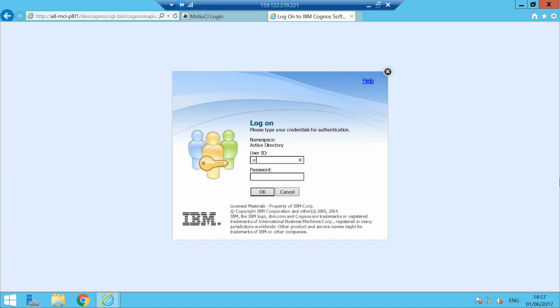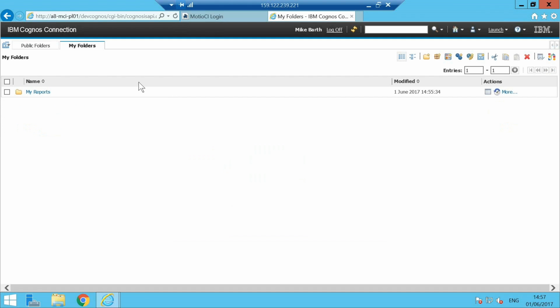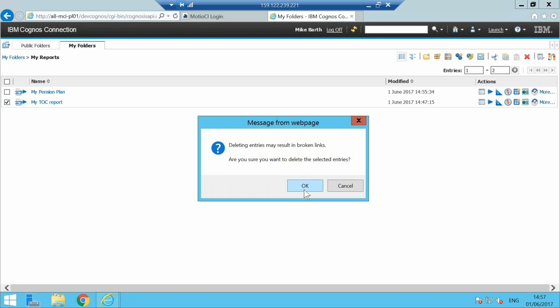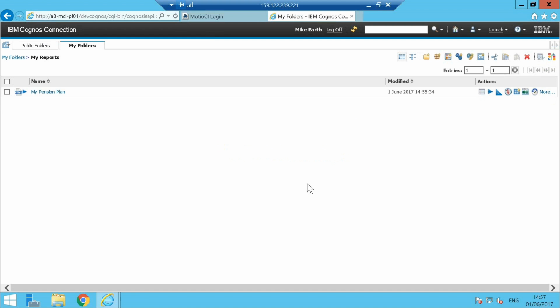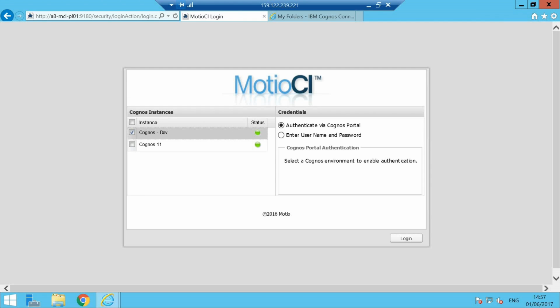So here's an example. I'm going to log into my Cognos connection. And I'm going to navigate to my folders, navigate to my reports, and here you'll see two reports, my pension plan and my TOC report. In this example, I'm just going to delete my TOC report, get the standard message, click OK, and that report has now been deleted. And as an end user, it's actually impossible to retrieve that report from within the Cognos connection environment. However, as I'm a MotioCI administrator, I can log into the solution